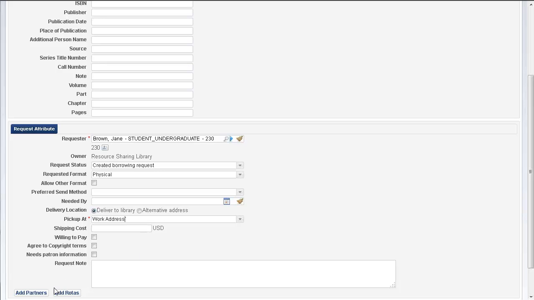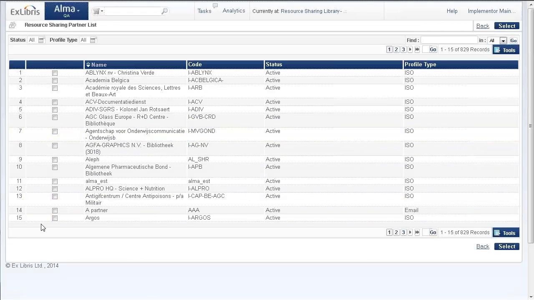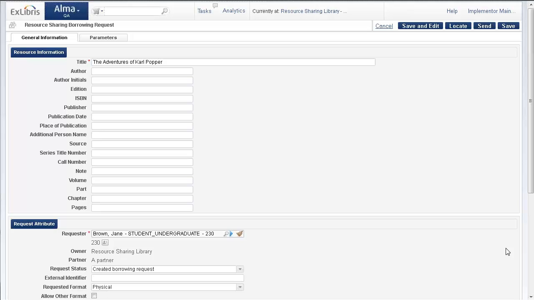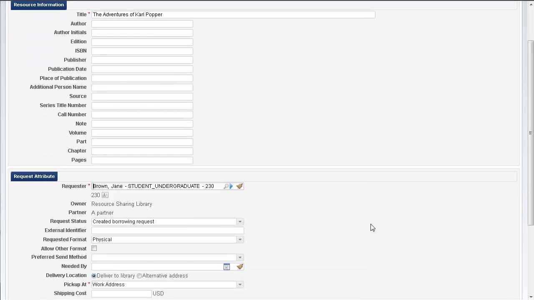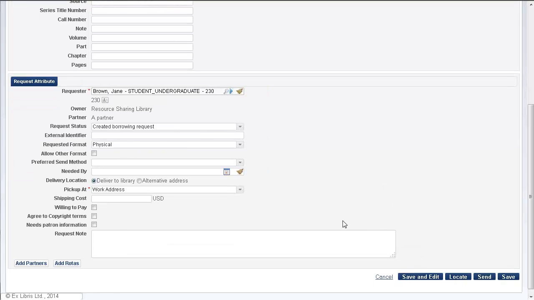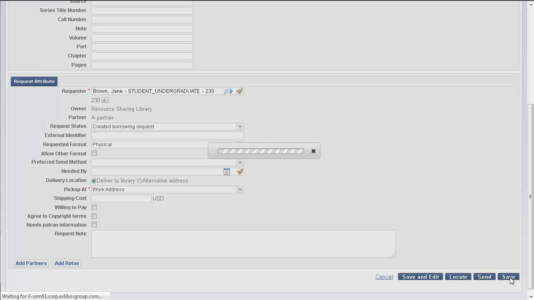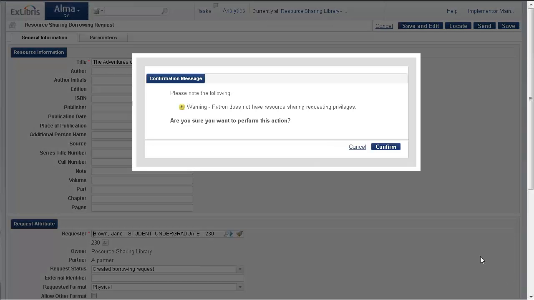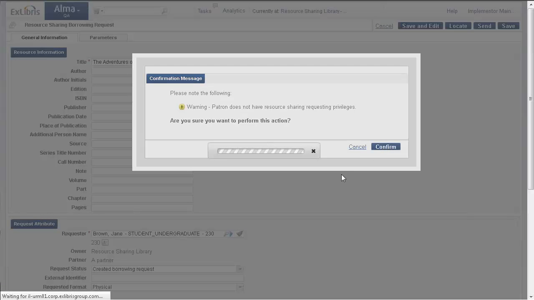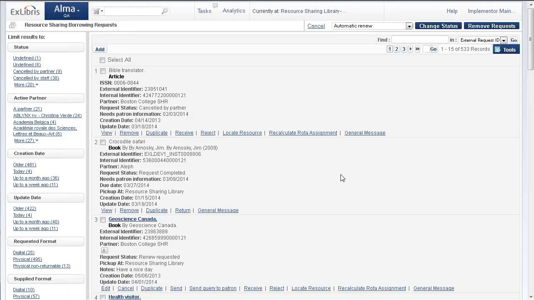And we need to add a partner. This is our lending institution, the partner institution from which we're making the request. Select. I believe we've filled in all of the minimal amount of information needed. Save. Okay, confirmation message, confirm. Okay, so